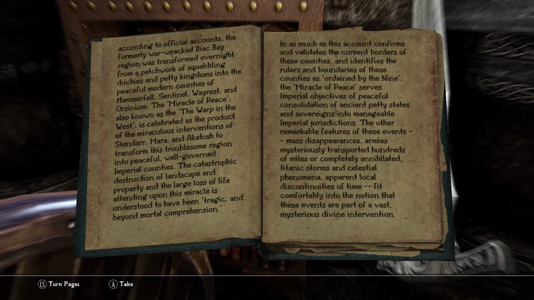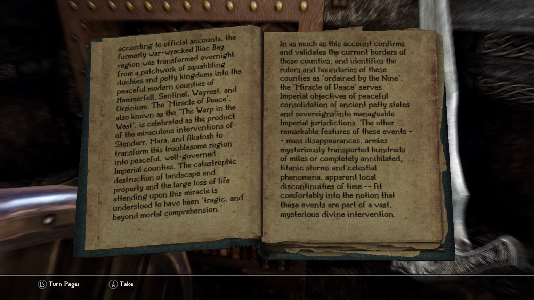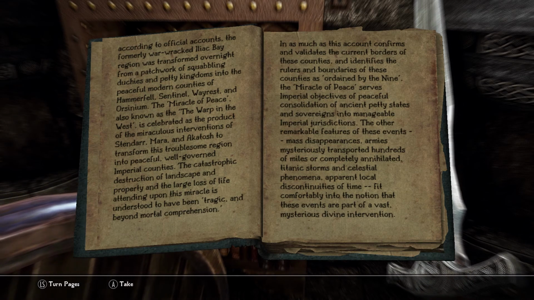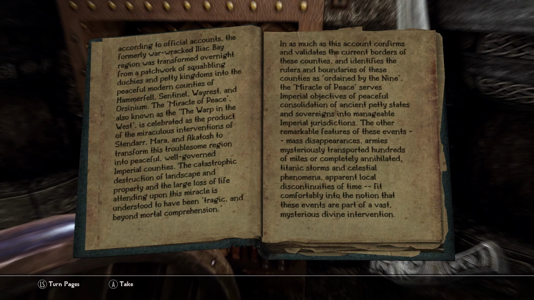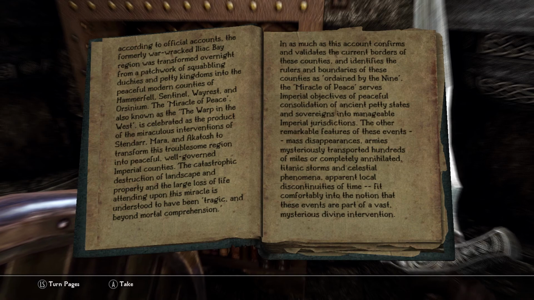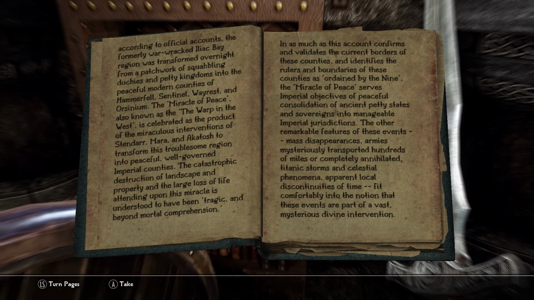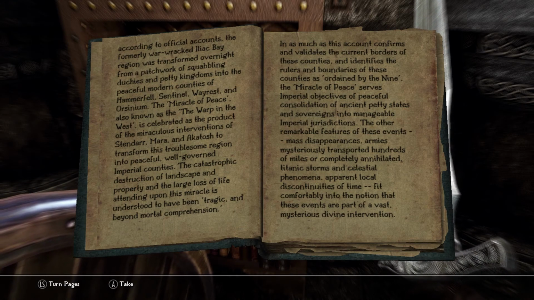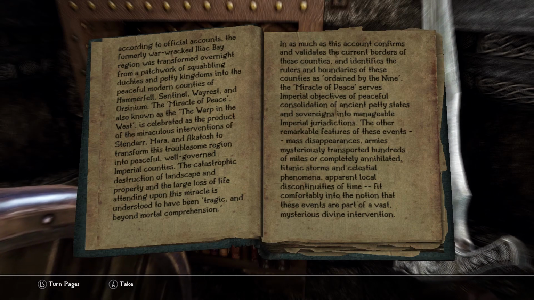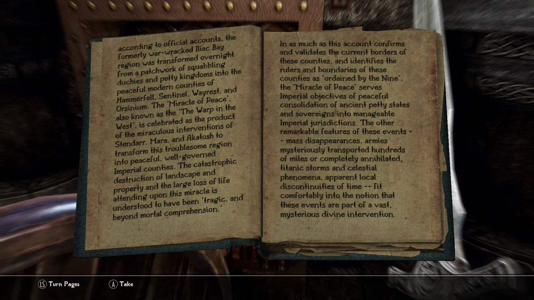Inasmuch as this account confirms and validates the current borders of these counties and identifies the rulers and boundaries of these nine counties as ordained by the Nine, the Miracle of Peace serves imperial objectives of peaceful consolidation of ancient petty states and sovereigns into manageable imperial jurisdictions. The other remarkable features of these events, mass disappearances, armies mysteriously transported hundreds of miles or completely annihilated, titanic storms and celestial phenomena, apparent local discontinuities of time, fit the notion that these are part of a vast, mysterious divine